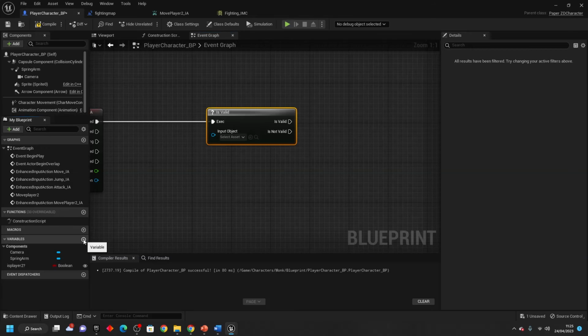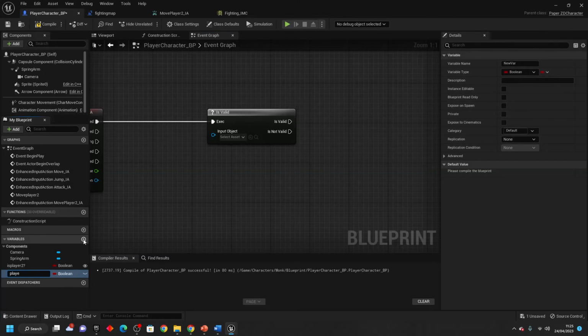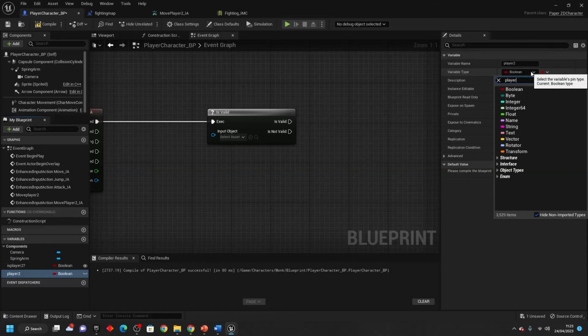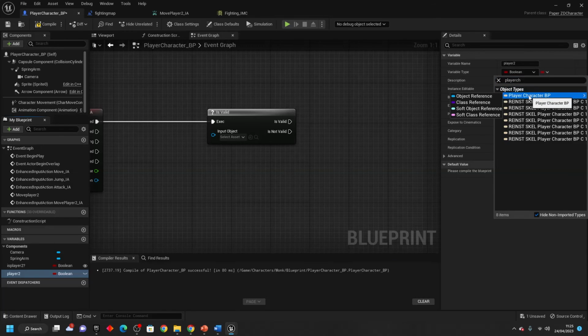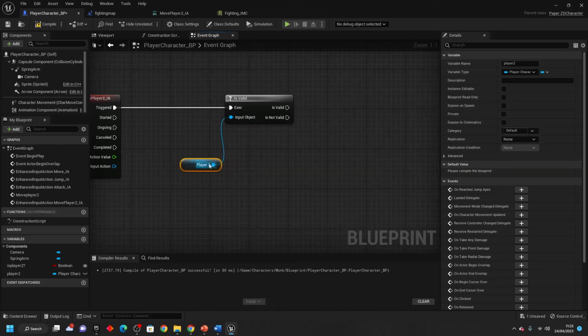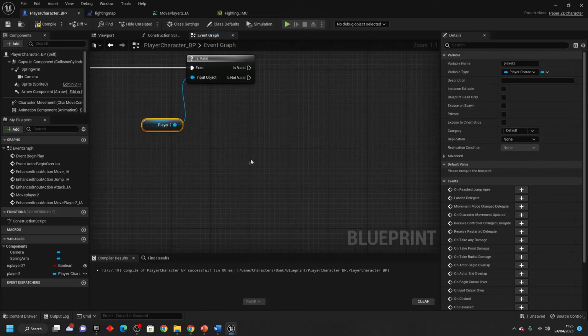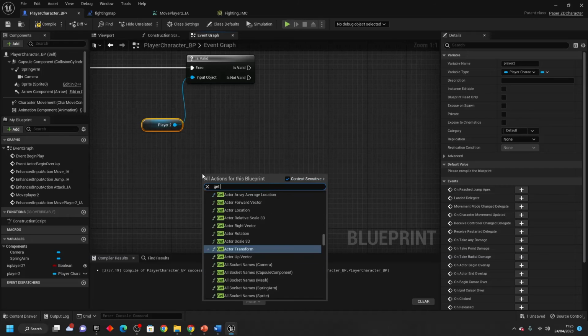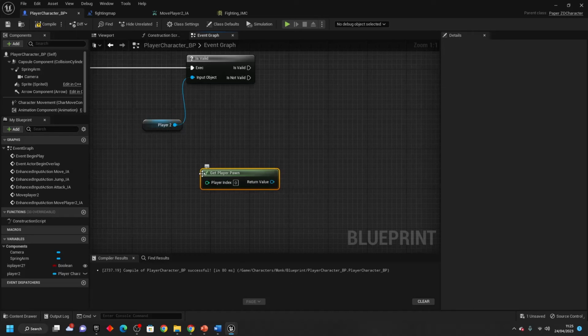So just create a new variable and call it player 2. For the variable type, look for player character and we want the player character blueprint and set object reference. Just drag this in and get it and connect it into here. By default, when this first fires, player 2 is not going to be valid. So we need to make them valid. So to do that, we just want to right click and look for get player and change this player index to be 1. So if I just go to my fighting game map,